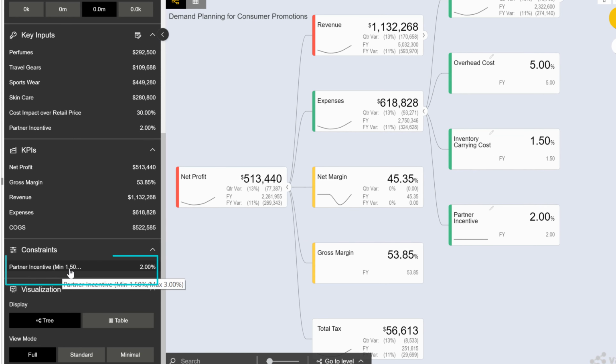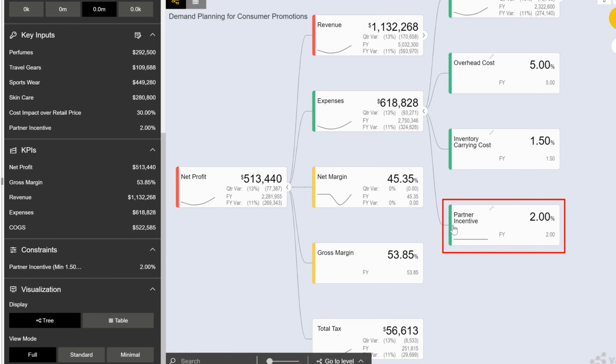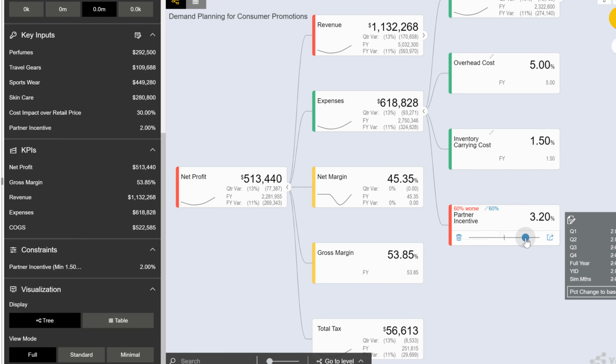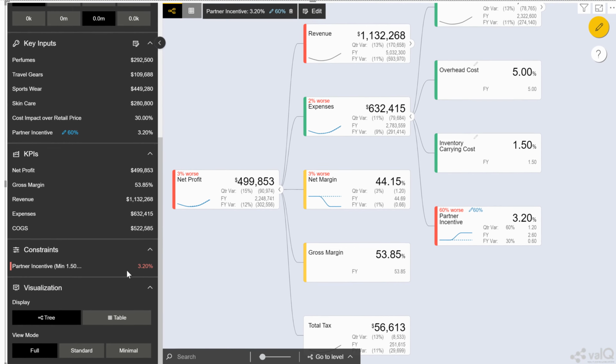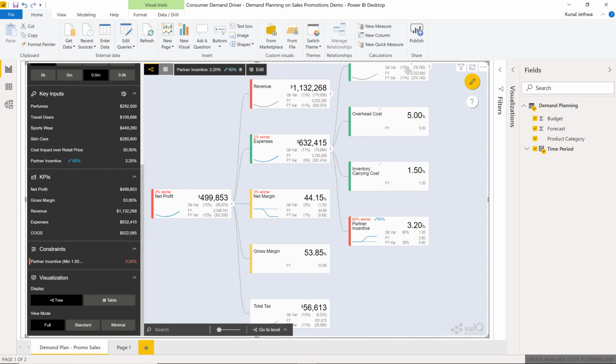Now here's the nav panel view of constraints. Let me make some simulation, and as per our example, let me increase it to 3.2%. Now you will find the value has changed, and it signifies that there is a constraint which is blocking it with a red color.